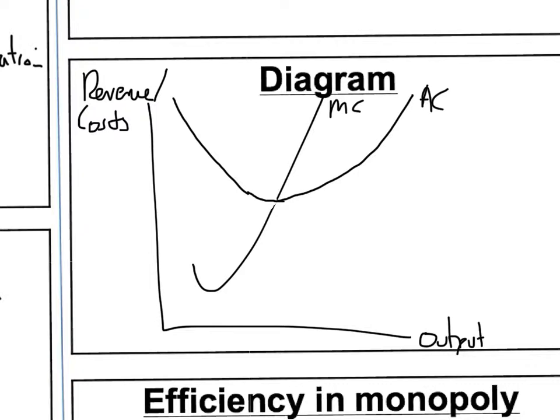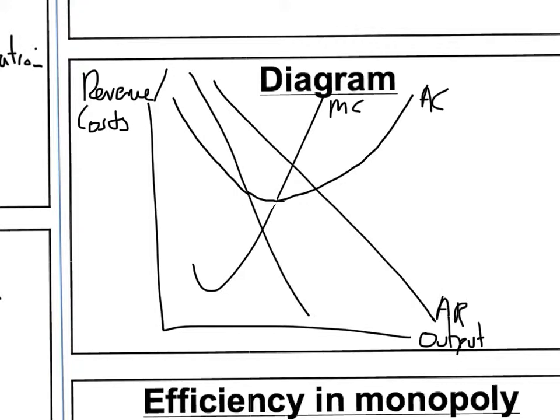Right. Also, I need to do an AR line, average revenue line, and then the marginal revenue line, which is steeper. Okay. So with a monopoly, you know they always produce where MR equals MC. This is where they're maximising their profit. You then dot up from that point, and that'll be their revenue, because that's the AR line, and this will be their cost, because that's the AC line. And that means they're making abnormal